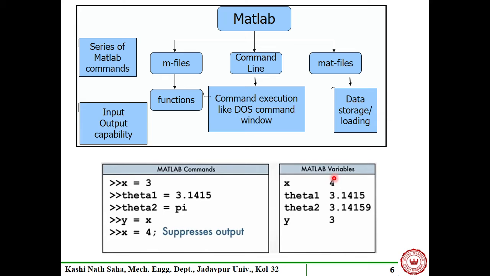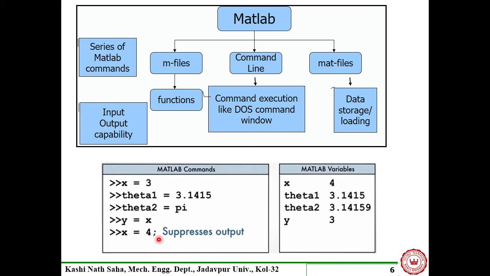By the way, oh no, this is okay because this x equal to 4, after that, say up to this point we have executed. So this value of x is now overwritten. Okay, it is overwritten and the value of 3 is now changed, it has become 4, so x is now 4.